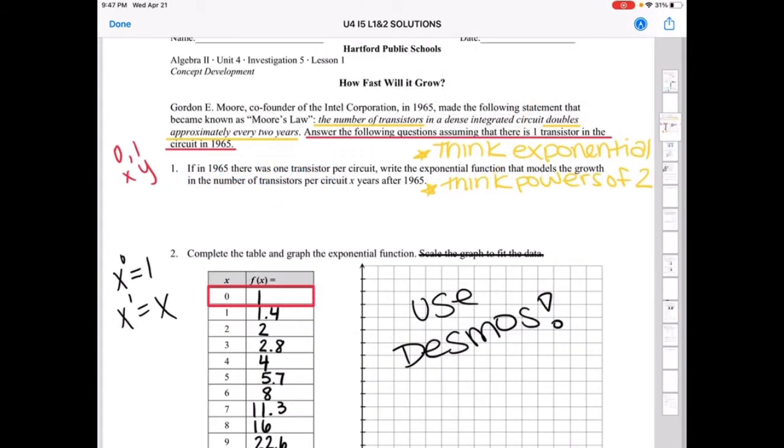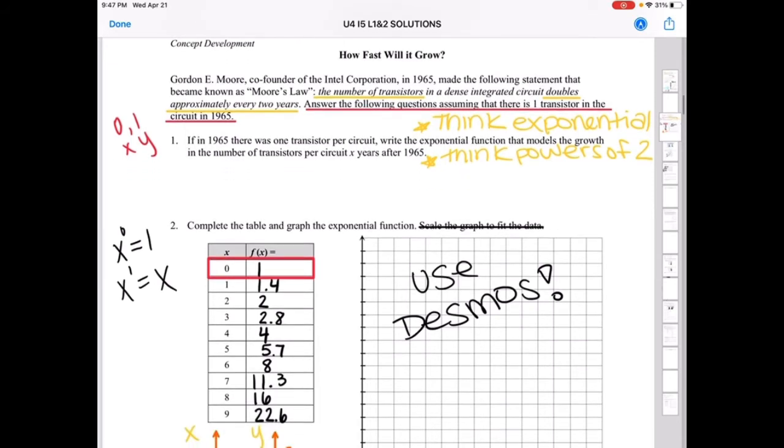Moving on to the concept development, we're going to be talking about some transistors. So the important words you should have picked out was the number of transistors doubles approximately every 2 years. So you're thinking exponential, you're thinking of powers of 2. And so it asks you to answer these questions assuming that there's one transistor in 1965, okay? So that tells us that our 0 years from 1965, our x value when